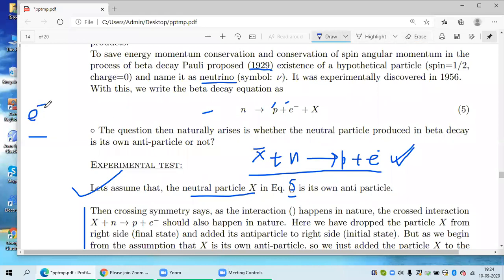Suppose electron and positron. The electron's mass is much less than the mass of muons, you know. The mass of muons is 105 MeV, the mass of electrons is just 0.5 MeV. So muon mass is 200 times the mass of electrons. But this reaction can happen because there are two particles in the initial state. Their rest masses are small, but you can increase their kinetic energy. You produce a beam of electron and positron with very high energy and then make them collide.